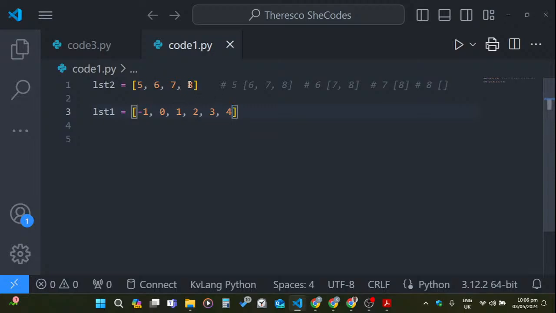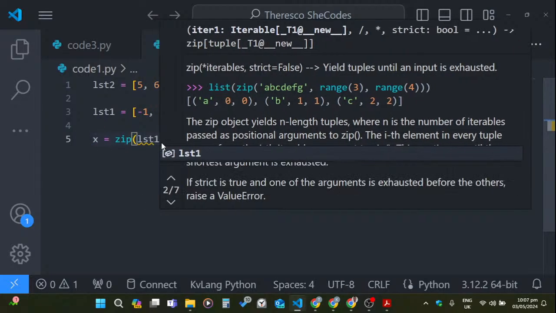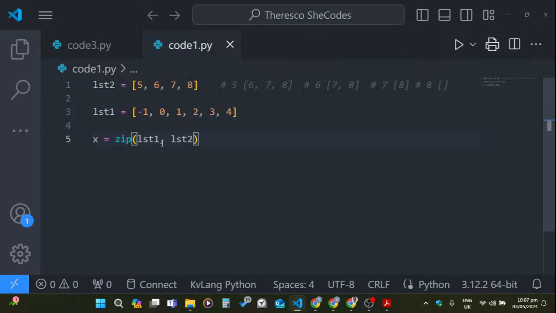There are 6 elements and here there are 4 of them. When I say x is equal to zip, lst1 comma lst2, and I print x,